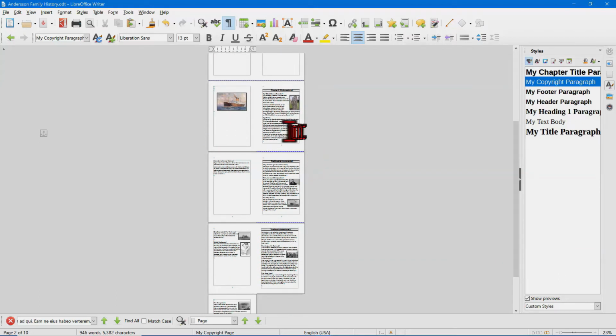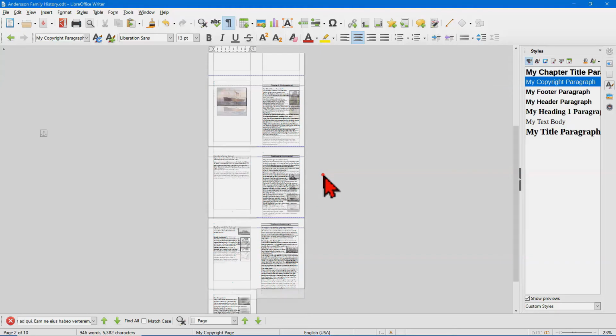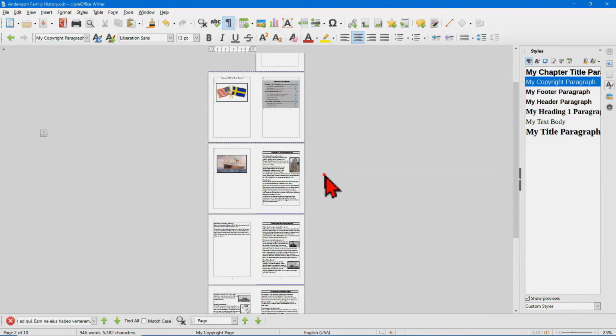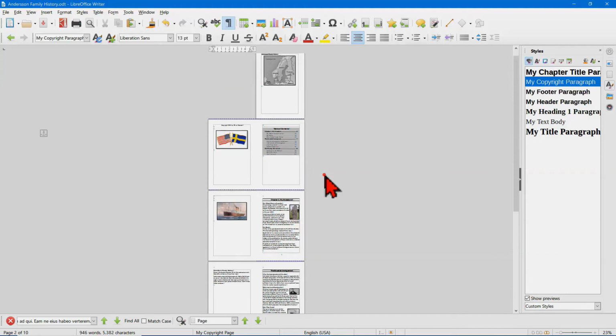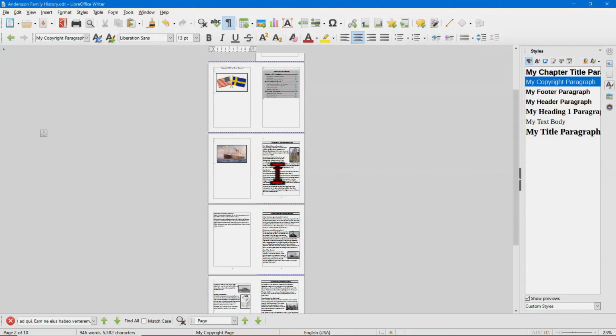All of my chapters start out on right side pages, which is my preference. It's not mandatory you do that. It's a personal preference thing. The one thing that I have not dealt with are the headers and the footers. So let's go back to the single page view,